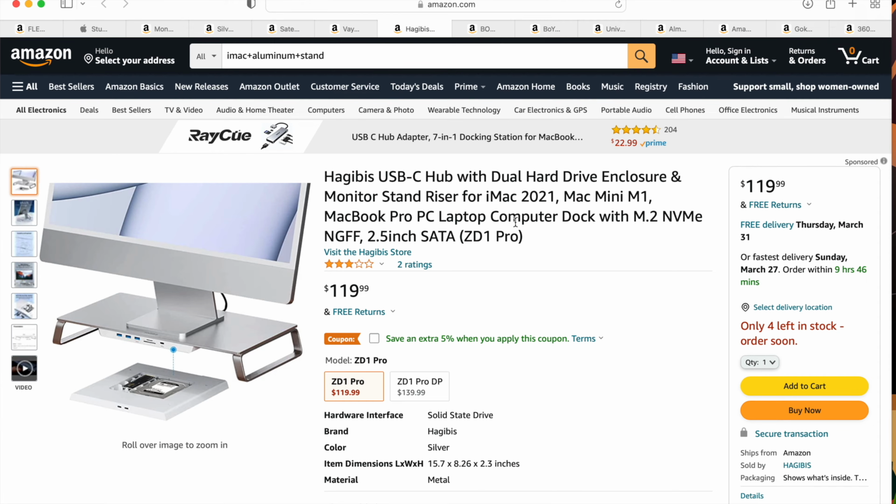It's going to have ports in the front that give you additional ports, but even more so, it's going to allow you to put in an M.2 and a 2.5 inch SATA SSD drive in here, and you can have additional storage built right into the stand. Perfect solution, right? But again, you're limited to that height. So as we keep going down the list,